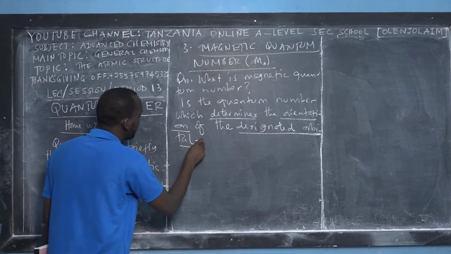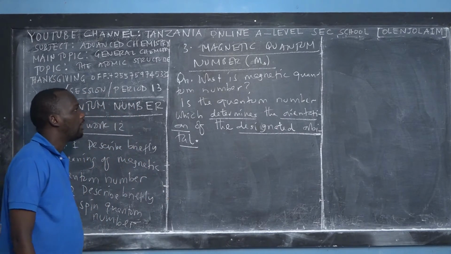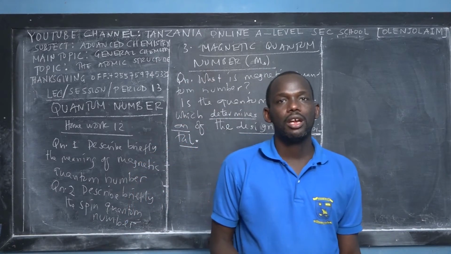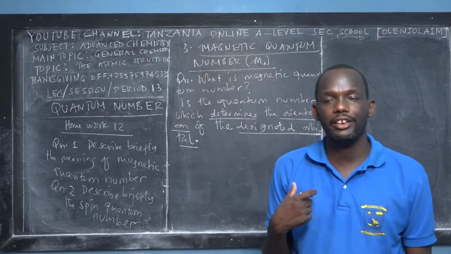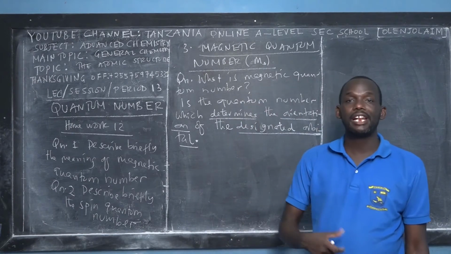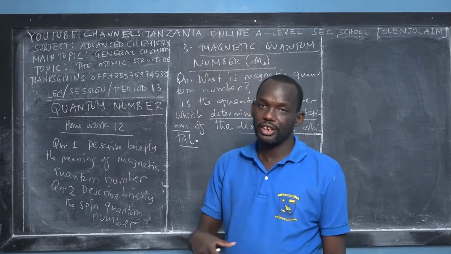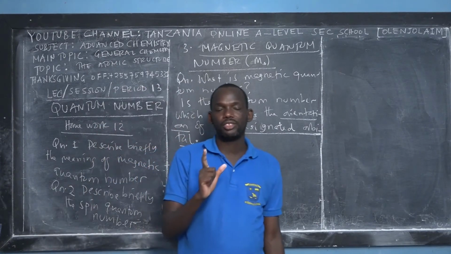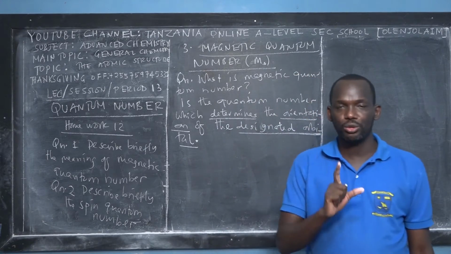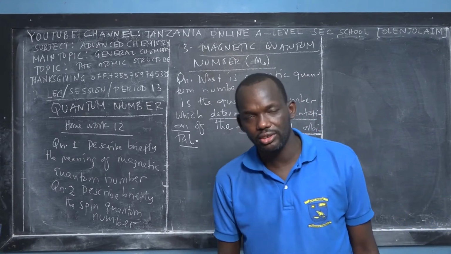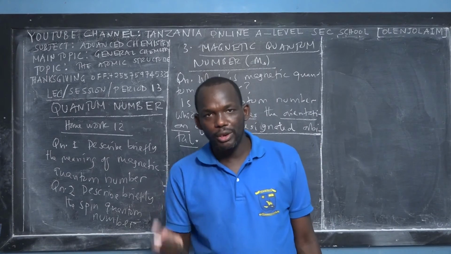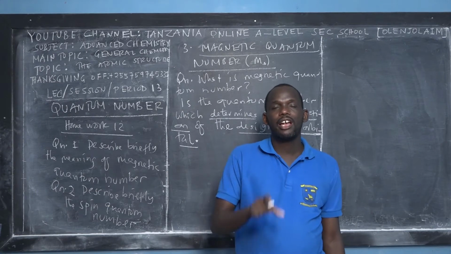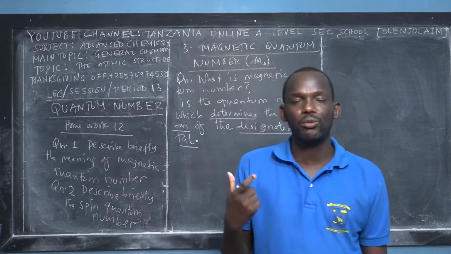But basically, the main function of this quantum number is helping the physicists and the chemists to know the number of orbitals in a certain sub-energy level. Remember that I told you about the subsidiary quantum number, which is a subsidiary energy level, a part of the principal quantum number. So this magnetic quantum number is telling us how many orbitals are there,